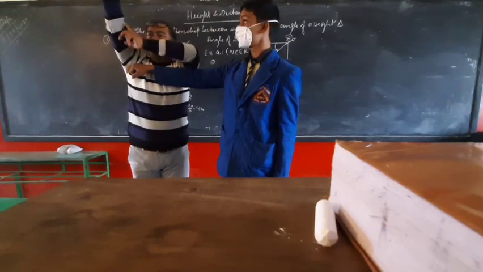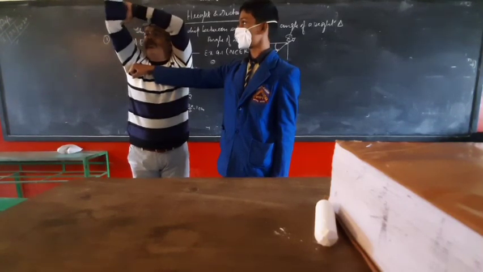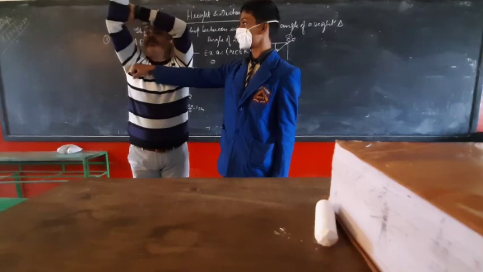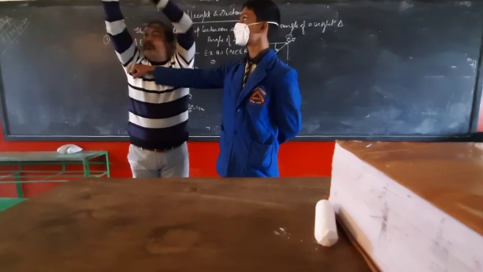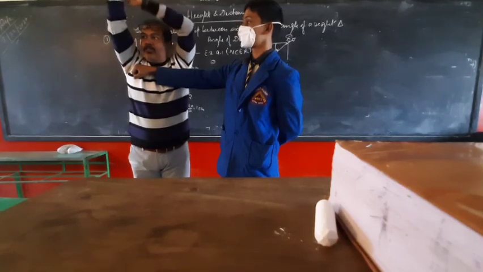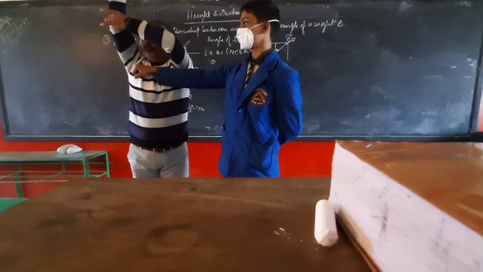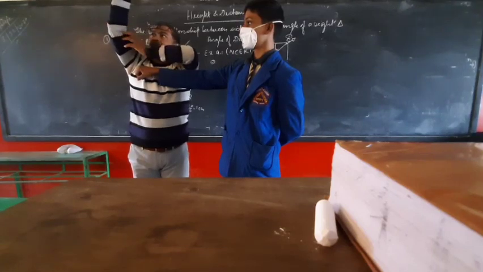This branch broke from this point. यहाँ से क्या हुआ? टूटा. But पूरी तरह नहीं टूटा. It is still attached with the ground. Then the top. This is the top of the ground. My finger is the top of the ground. Then from this point it has broken and started falling.